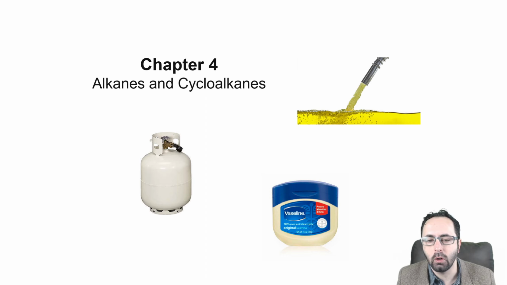In this chapter, we're going to learn all about what are otherwise known as hydrocarbons, and those with only single bonds. In the previous chapter, Chapter 2, you learned about the functional groups and their names. Alkanes are molecules with only carbon-carbon single bonds, alkenes have carbon-carbon double bonds, and alkynes have carbon-carbon triple bonds. We're going to be focusing just on alkanes in this chapter, and we use alkanes, hydrocarbons in general, for a